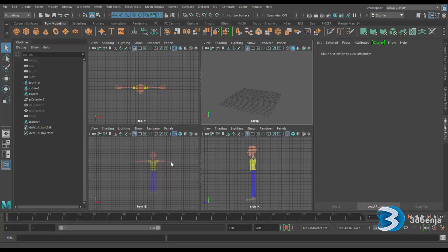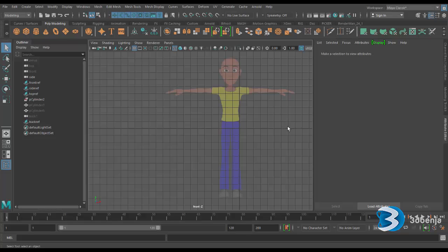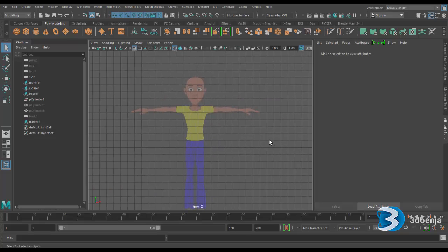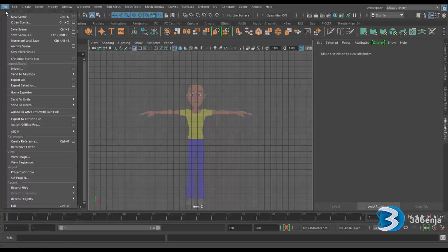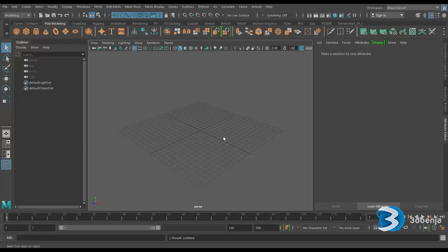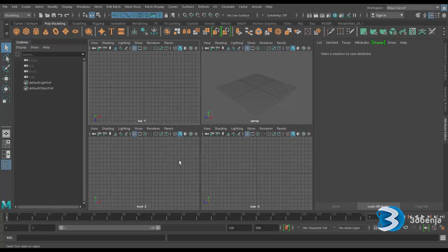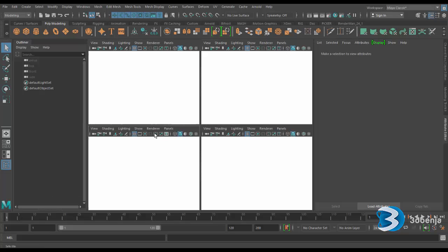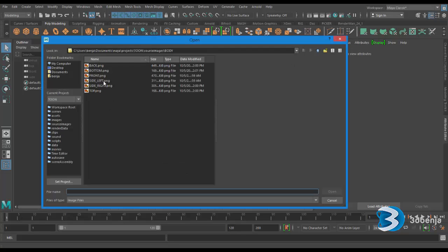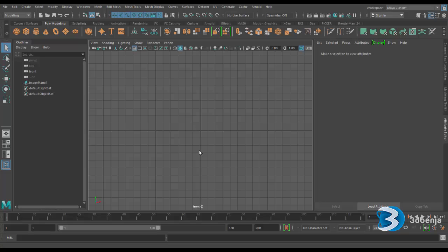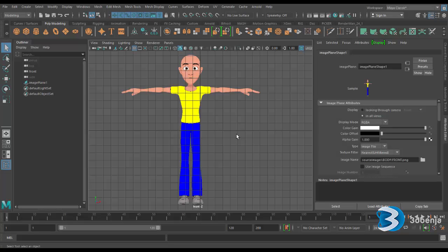So after you've set up your reference images like we are having over here, that's what we're going to be using. So I'll just come in and find a new scene and get myself the reference images. So I just come over here and import image. So I'm just going to pick the front view for this and